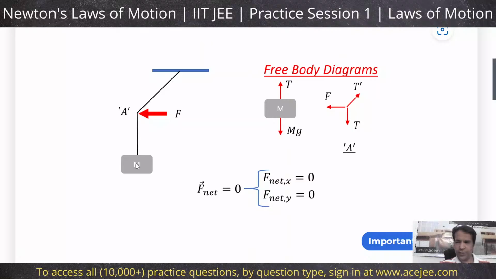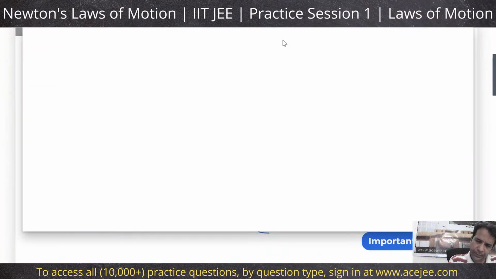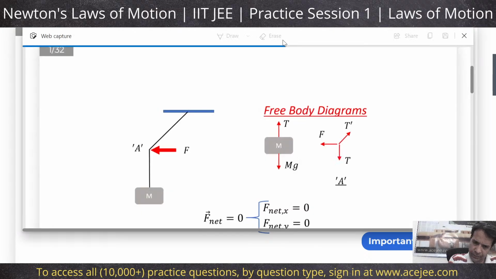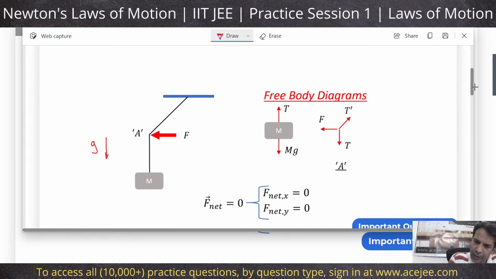So here we have a string with one end of the string being fixed to some fixed surface, let's say the roof or whatever the surface is, and then on the other end you have the mass m. The gravitational pull is acting downwards. So G is acting downwards. If you apply a force F there, then